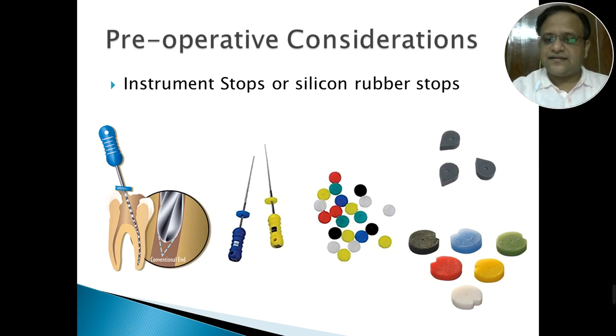Secondly, these different shapes, teardrop or this cut, if there is a curvature and you have pre-bent the file, will always help you in going through and understanding. So when the file is inside the canal, you can actually locate on which side the curvature is going. Once you have removed the file, you will see the curvature of the file, the bend of the file, and the tear shaped stopper or the cut or the marked stopper can help you understand the curvature of the file in real time.